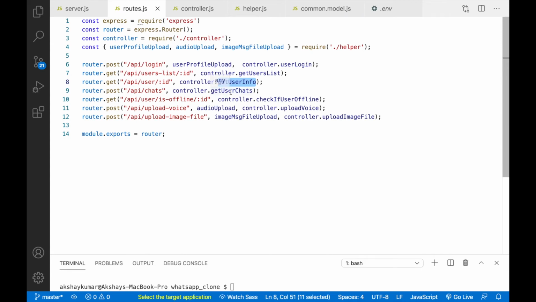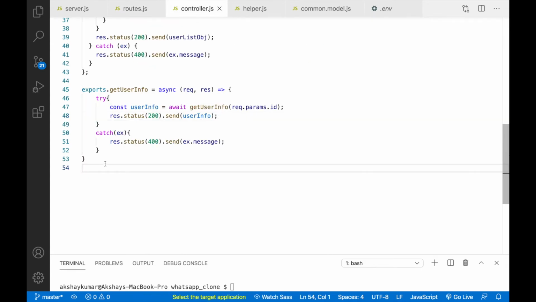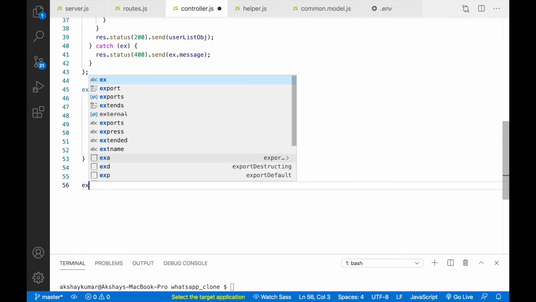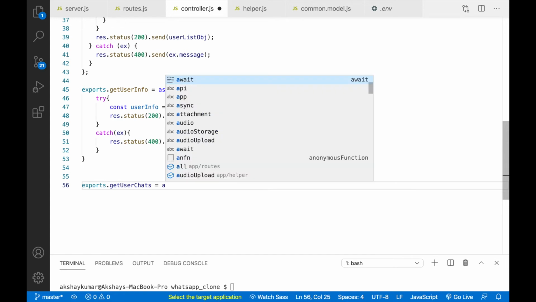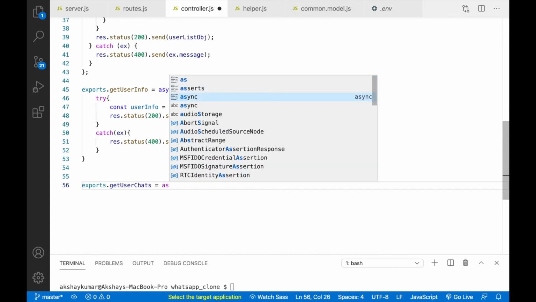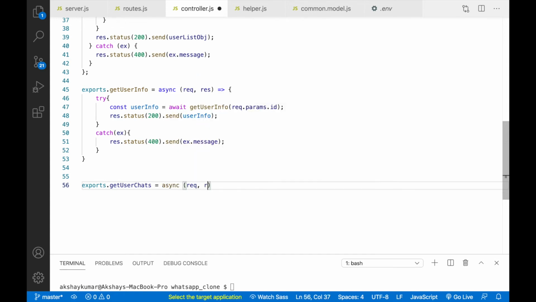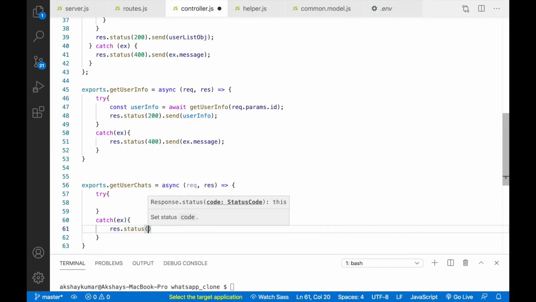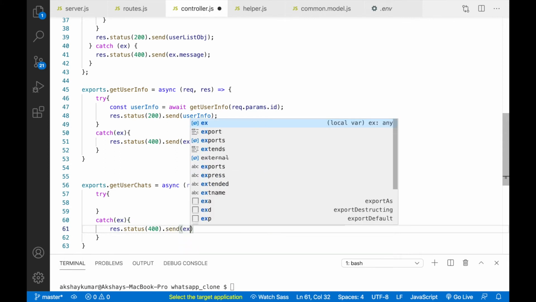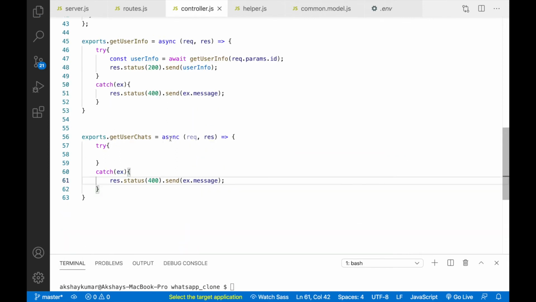Now we'll create this get user chat. So here we will write exports dot get user chats. So this will be async function, request comma response. We'll write try catch block, and here we'll write res dot status 400 dot send exception dot message.